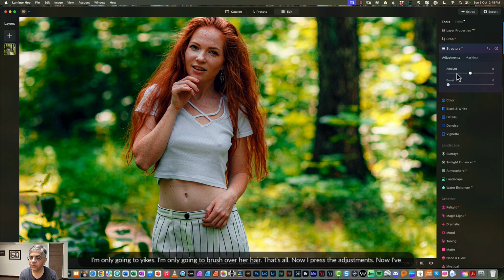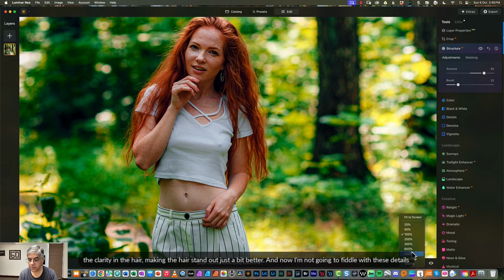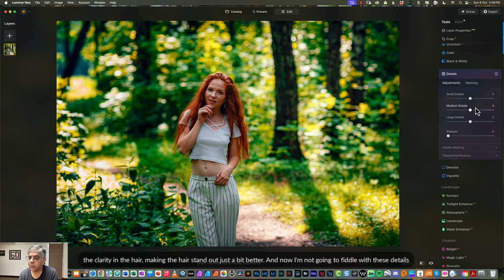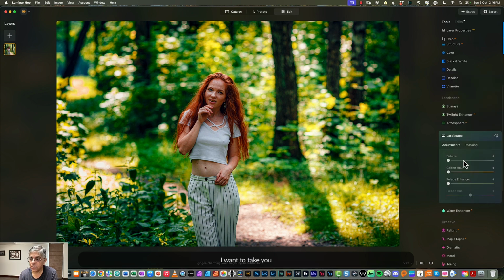Now, first move the adjustments. Now I've increased the clarity in the hair, making the hair stand out just a bit better. And now I'm not going to fiddle with these details at all, because I think that if I fiddle with the details, the image will become a mess. In this particular case, I want to